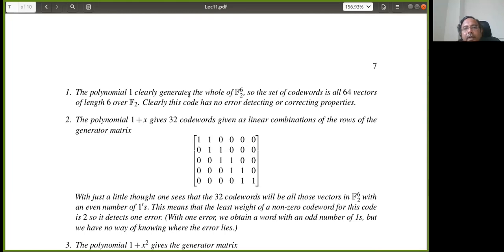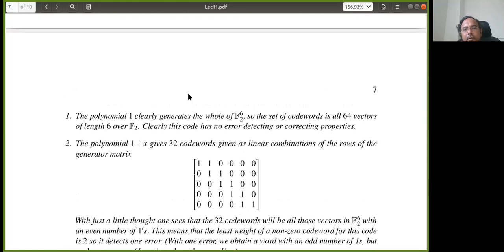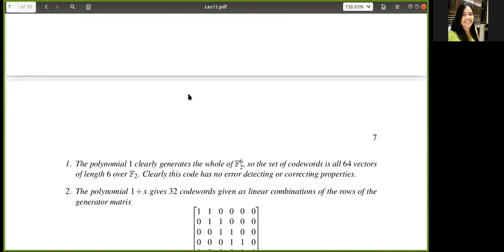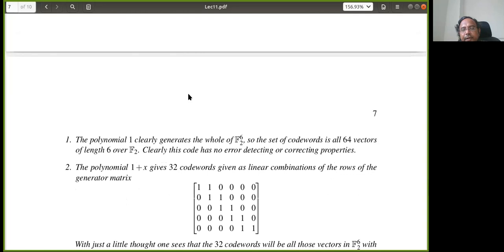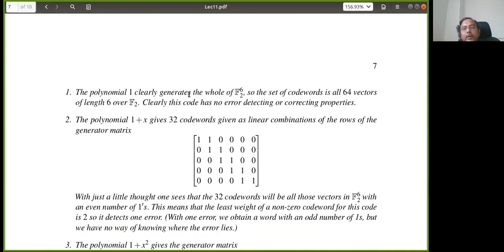So I'm taking degree 6, so n is equal to 6. So 6 columns have to be there. But the last column corresponds to the coefficient of x power 5 only, not x power 6. That is understandable. So for the remaining 4, I put 0 0 0. Then I will do the cyclic shift.